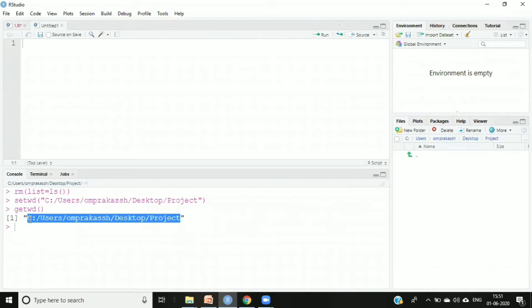Participants say that they are getting only three quarters of the window and cannot see one quarter. Their window is clear, but they are getting only three quarters. So in RStudio, if you are getting three quarters, you just click over here, double click on the icon that will be there, and you will get all four quarters.